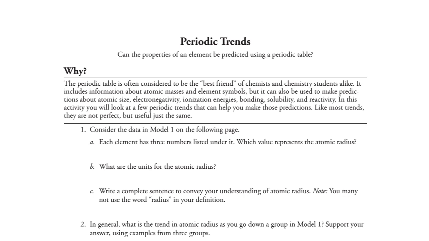Number 1A, each element has three numbers listed under it. Which value represents the atomic radius? It is going to be the first number. What are the units for the atomic radius? Units are picometers. PM, which stands for picometers,